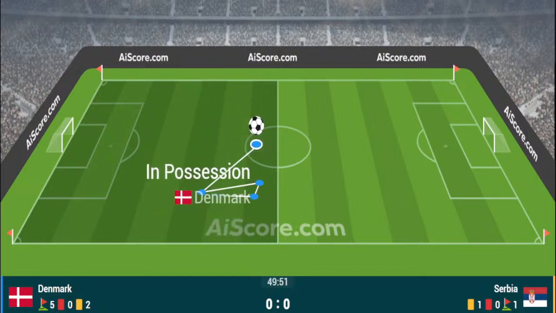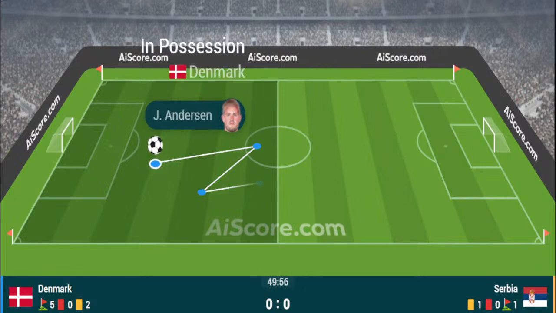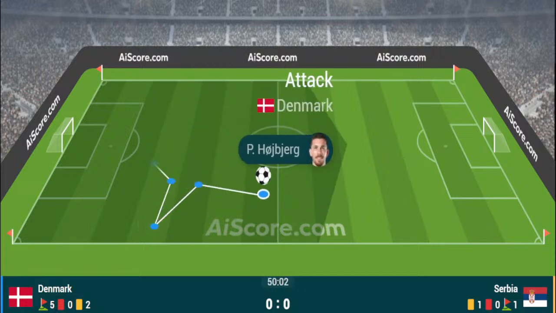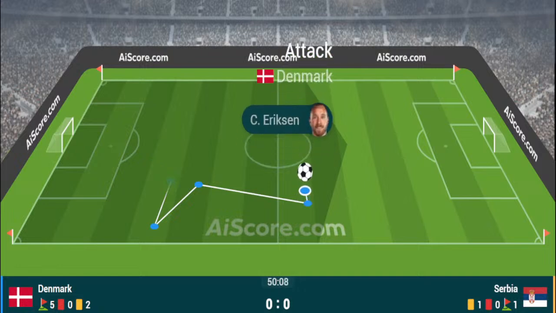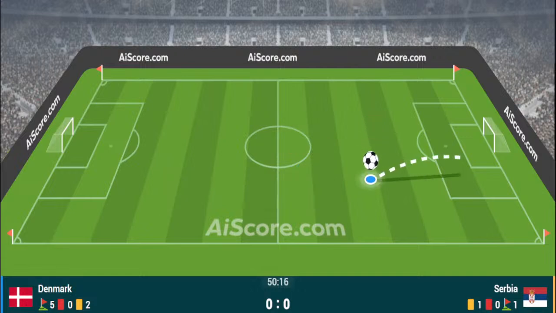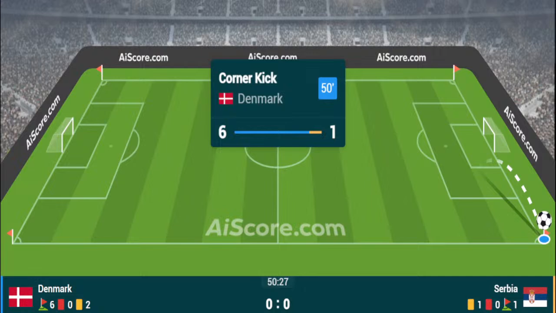Serbia now have a corner kick, 48 minutes on the clock, 0-0 the score, also 0-0 in the game between England and Slovenia. Kasper Schmeichel is just orchestrating and directing one or two around him. It's Tadic who will fire the ball into the penalty area. A header keeps it alive inside the confines of the penalty area, but now Christian Eriksen will try to break away for Denmark. Will that be a free kick? Yes, it will. Free kick for Denmark inside their own half, which they considered taking quickly, but in the end they opted not to, just taking a moment for Denmark to regather possession slightly on that right hand side.